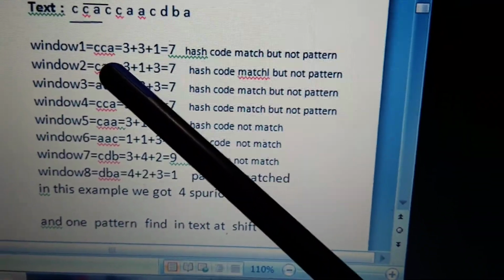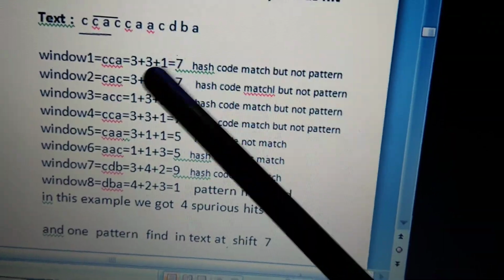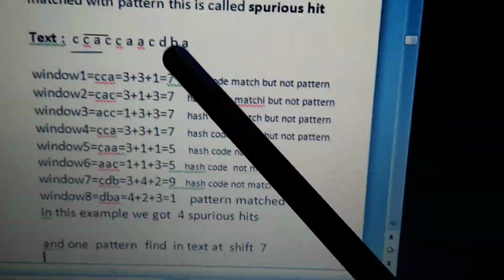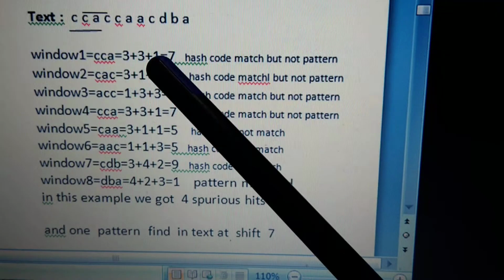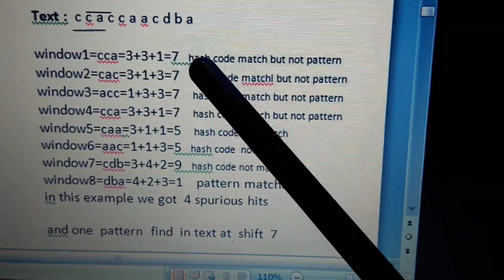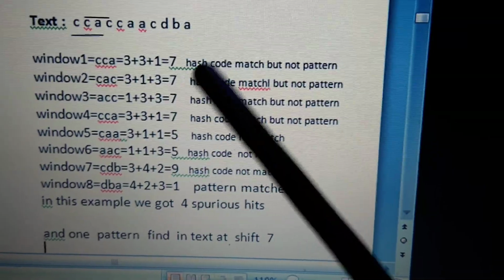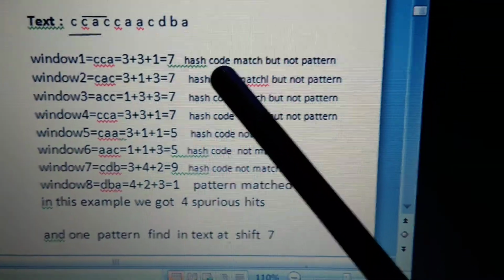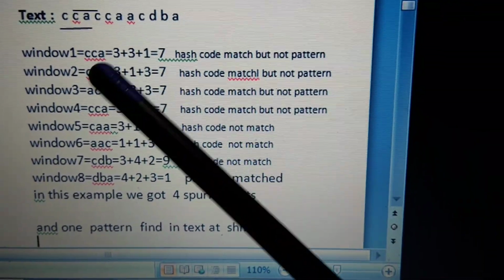Now for each and every window we have to find the hash code. Now CCA, already we know: C is 3, C is 3 again, A is 1, 7. Now window 1 hash code is 7 and the pattern's hash code is 7. So hash code matched but not the pattern.